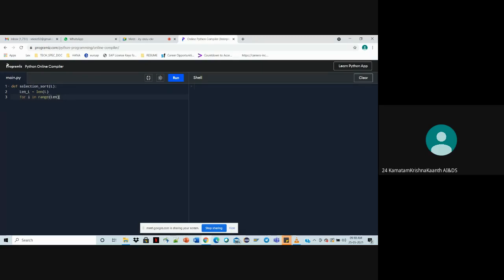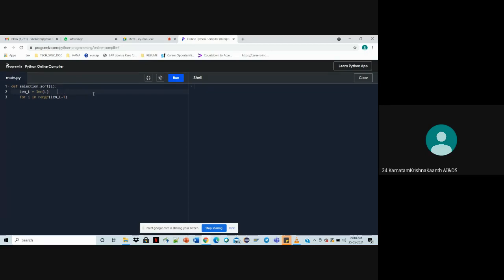Length of L and -1, because we don't have to compare the last element. For example, if this is a list, this is not visible.